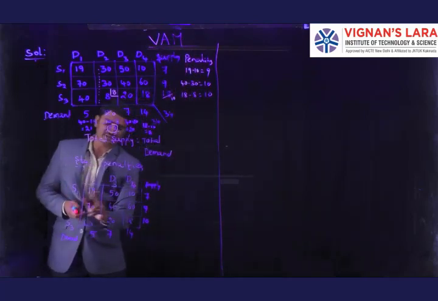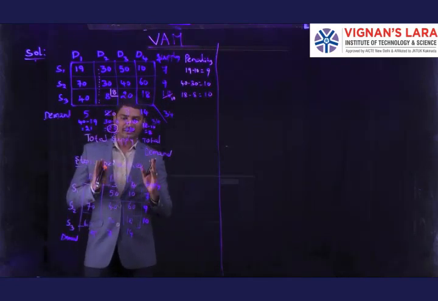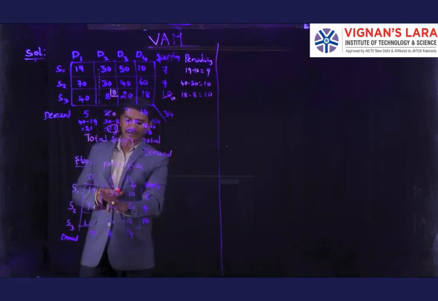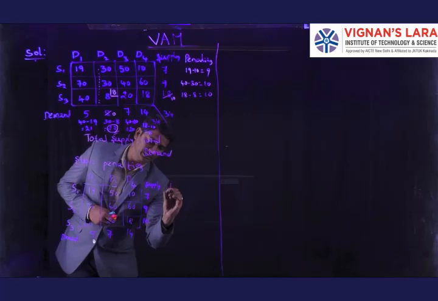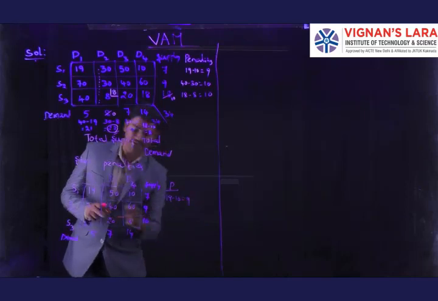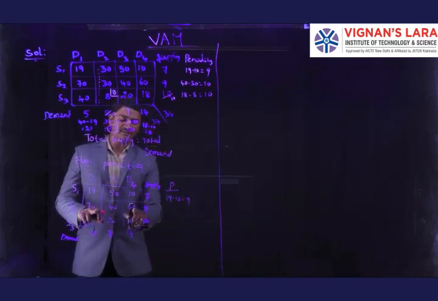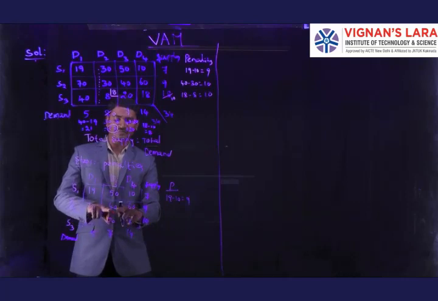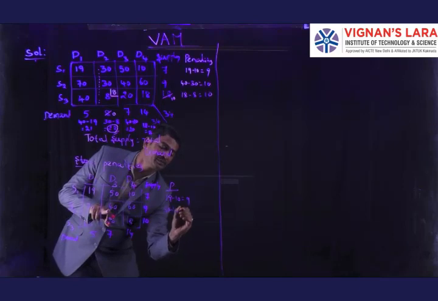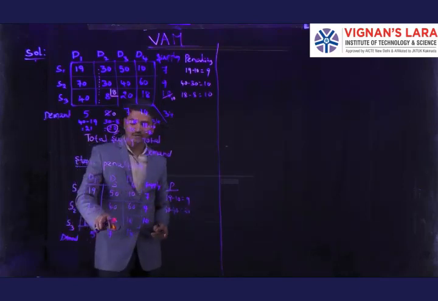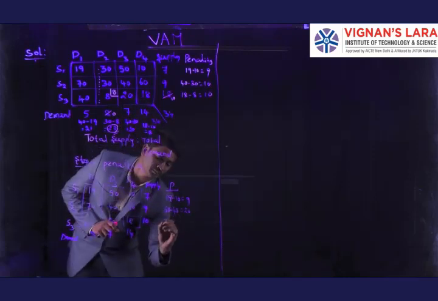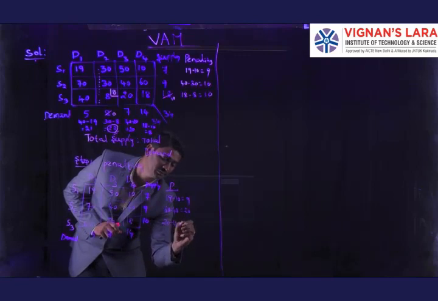Coming to station 1, again we identify the least value and then the value nearest to it. Here the two least values are 19 and 10. 19 minus 10 is 9. Next, 70, 40, 60: the least is 40, the next is 60. 60 minus 40 is 20. Next, 40, 20, 18: the least values are 20 and 18, so 20 minus 18 is 2.